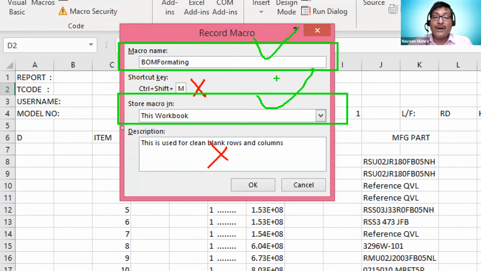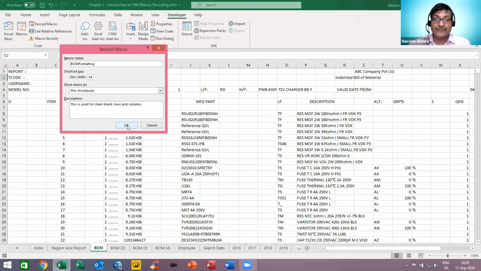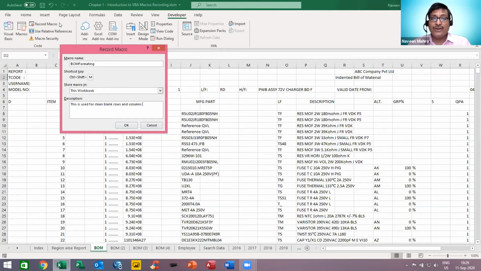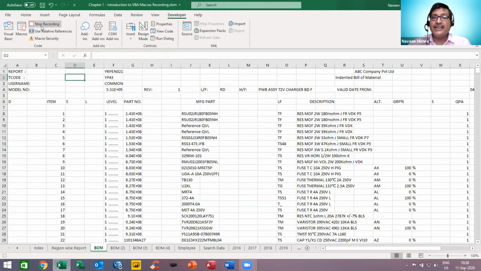Now I just want to click on the OK button. I will simply click on OK, right? So I click on OK. Now you can see the status. As of now, the macro status is Record Macro, right? Whenever I click on OK, the status will change, the label will change. And what will happen here? You will get macros in recording mode. So I click on the OK button, and now you can see here the label has changed. Now it becomes Stop Recording. It means you are in the recording mode, right?